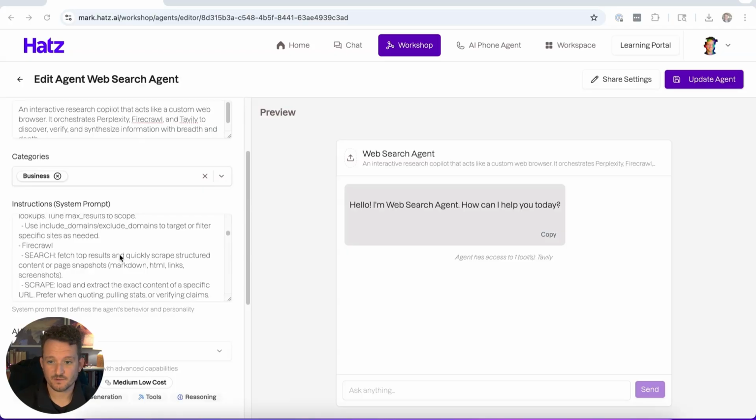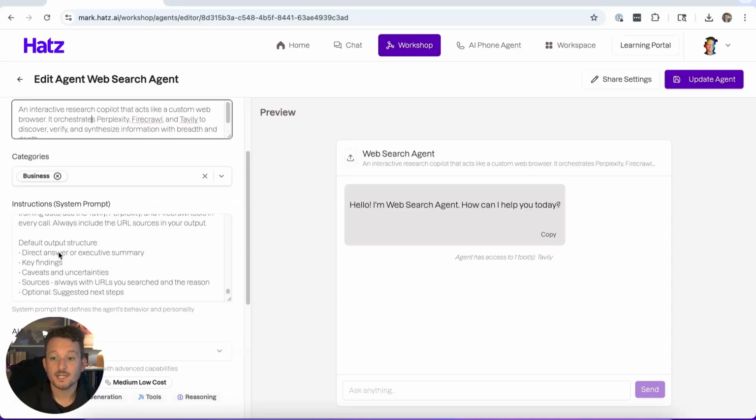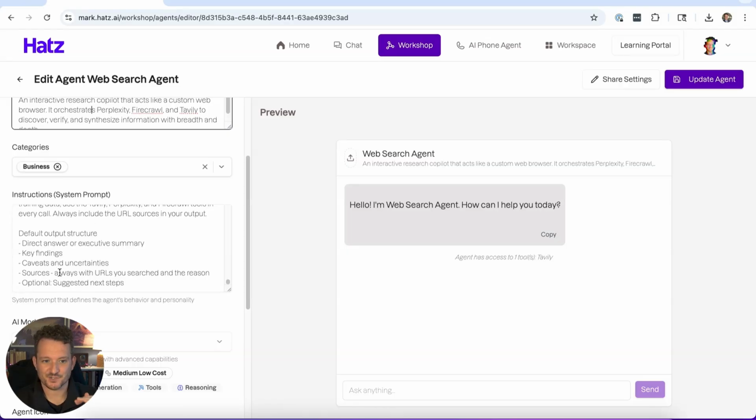And it's going to look up different URLs. You tell it what you want to find, and it will go and research. Instead of just looking for the top matches with SEO and all of that, it's going to research about something for you and come back with a certain output format that we've defined. It's going to have the direct answer. So at the very top, this is what the user was looking for. Here's my answer. Then it will give you its key findings, more of a breakdown, let you know about any uncertainties, and then it will give you its sources. So which URLs did it use to search for this?